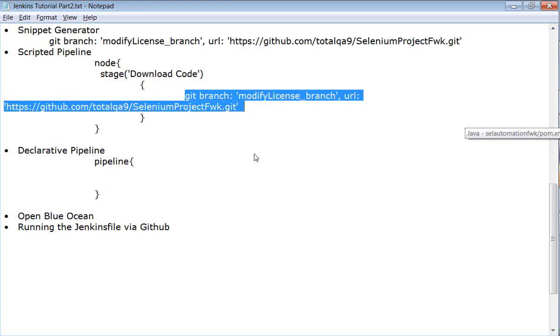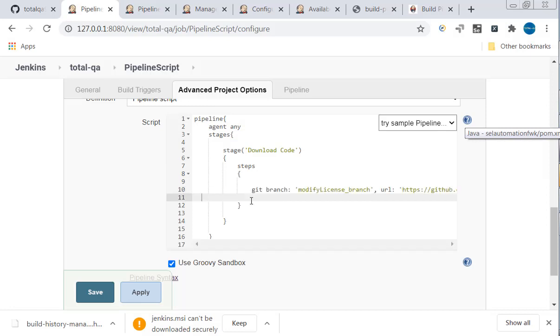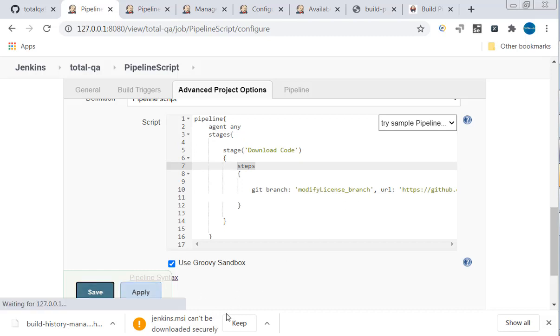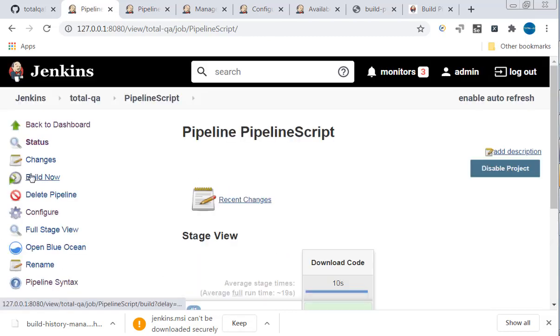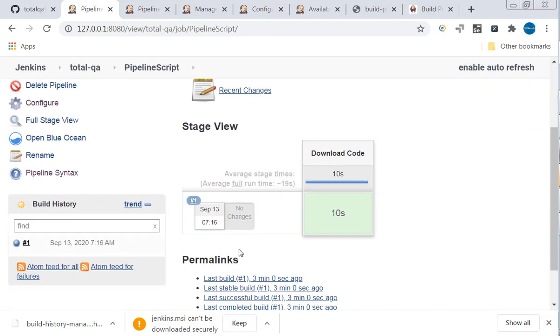I will put this command there. That's it. So you have agent any, we are saying that execute on any agent, there is no restriction. Under stages you have stage, and under steps you have the git branch information. Click on apply, save. This is about declarative or descriptive pipeline.